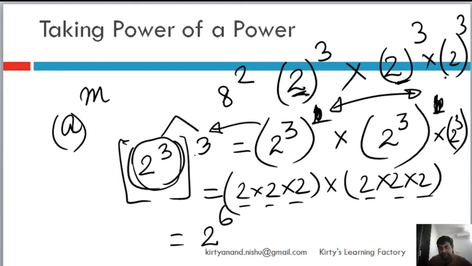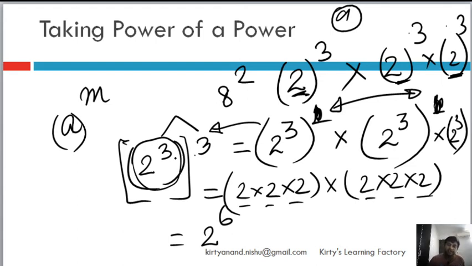So once again you see that the base here is 2, the base here is 2, so the same bases in multiplication. So I will simply add the powers, 3 plus 3 plus 3, which is 9, and what I am doing here is multiplying 3 into 3. So if you remember, multiplication is nothing but repeat addition, right?